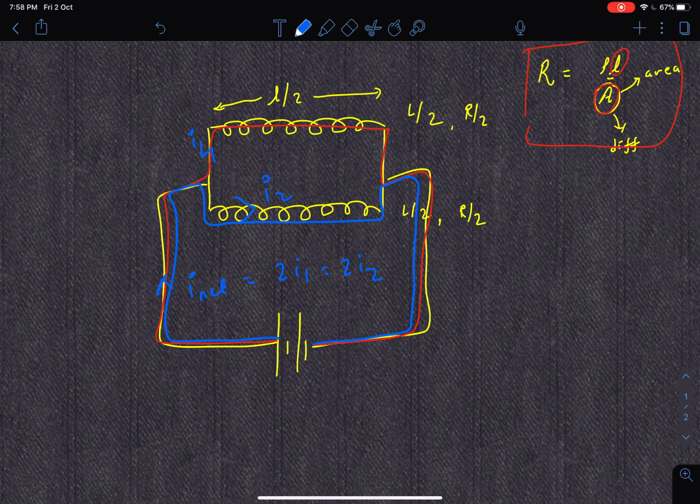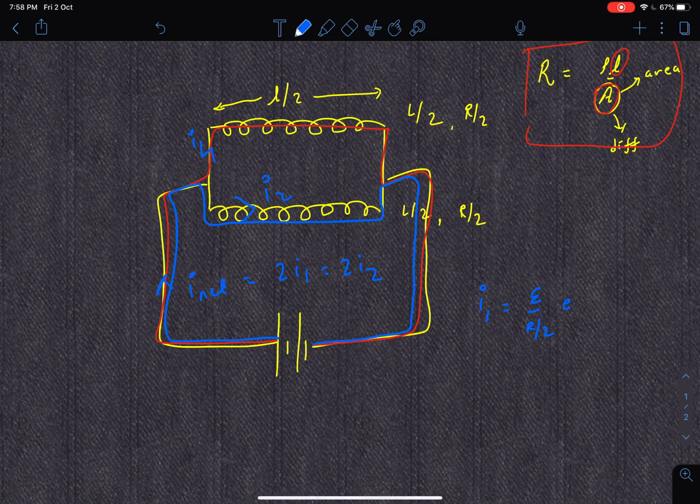Because the time taken to reach half of the maximum value, or one third of the maximum value, or whatever, is all the same. So they will follow the same kind of trend. At the time when I1 becomes 30% of its max value, I net will also become 30% of its max value. So I1 can be written as E by R